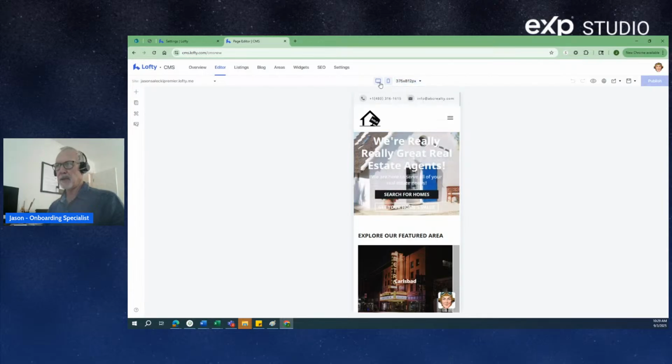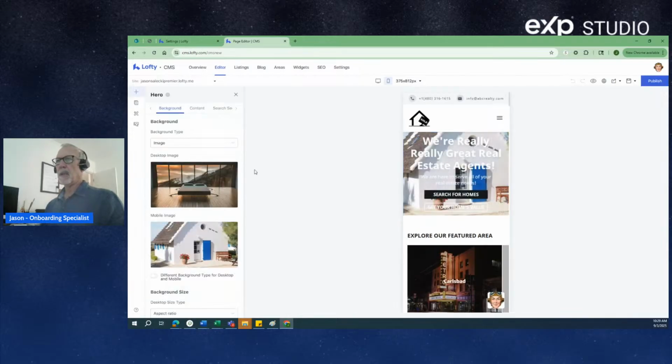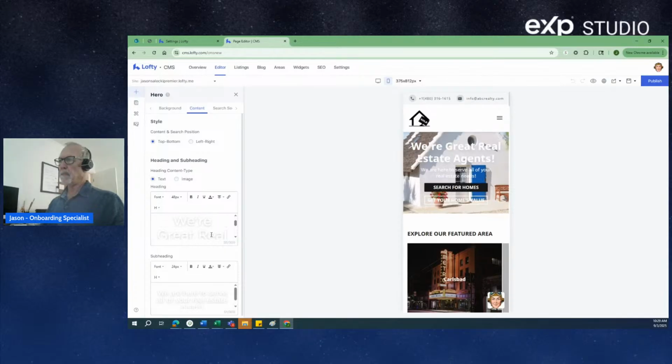I can go back to the desktop and do it, or I've got that edit button right here in the mobile version. Let's just change it right here. And again, I'm going to go to content, and I'm just going to remove those 2 words I put in before. And hit publish, and it's saved. Now, I don't know if you guys noticed this or not,